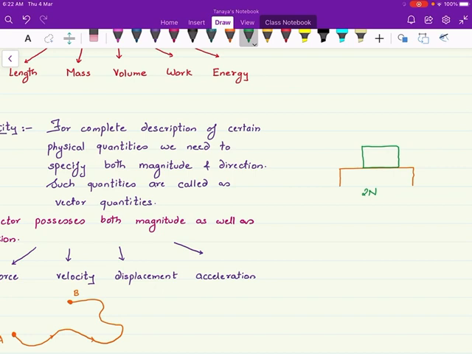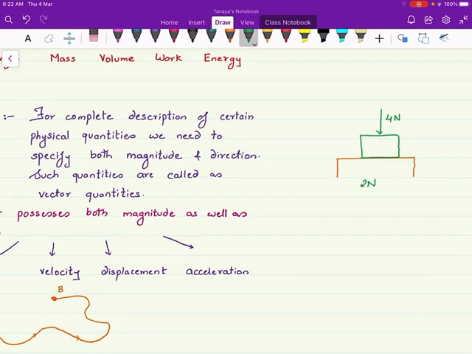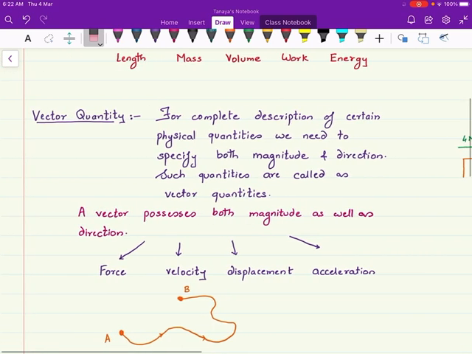Then why is it not moving? Because I am applying the force in a wrong direction. If I apply the force in this direction, 4 Newton, it will not move. But if I apply the same force in this direction, 4 Newton, it is going to move. And when I tell you I am applying a force of 4 Newton, I am giving you insufficient data. I have to also tell you in which direction I am applying the force, right?